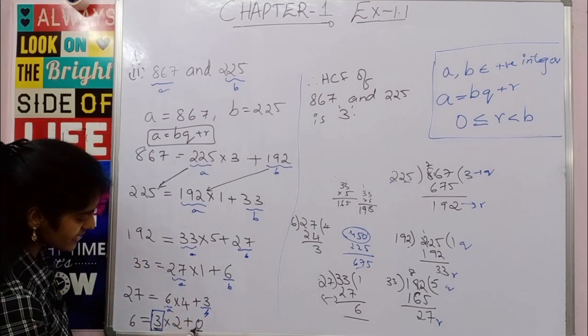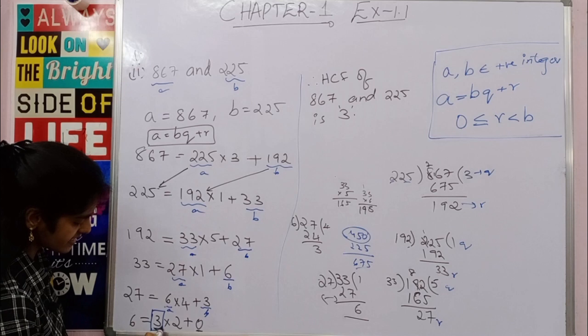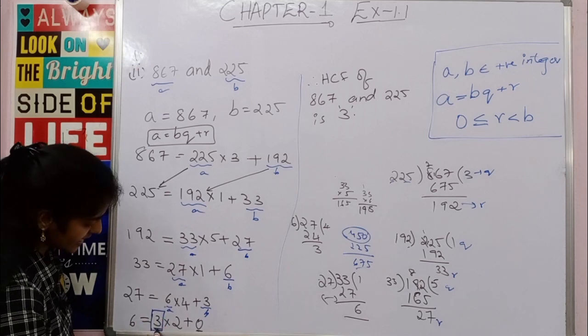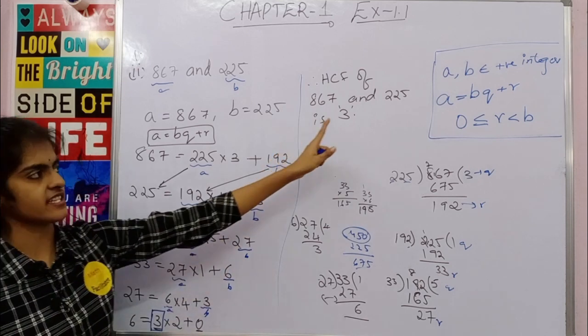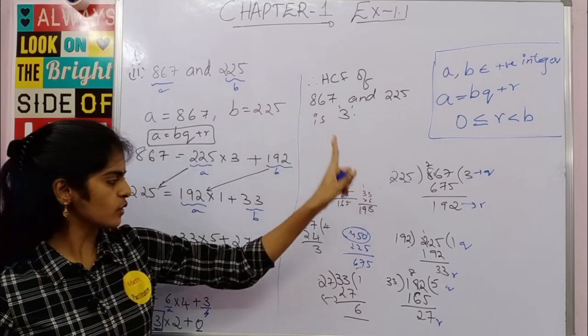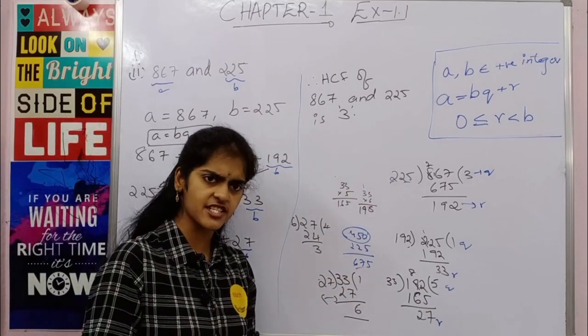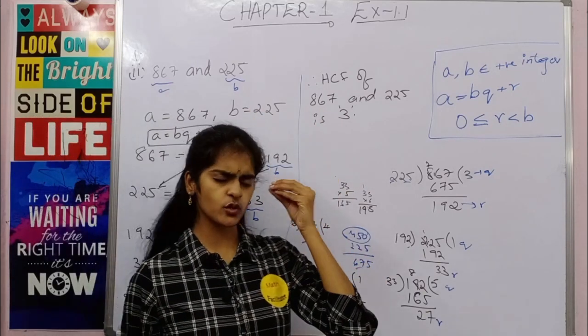Now when the remainder is 0, you will take this value, which is nothing but B. You will take this B as the HCF. Clear? So for dividing also, the easiest method I am telling you is just do it in your mind.